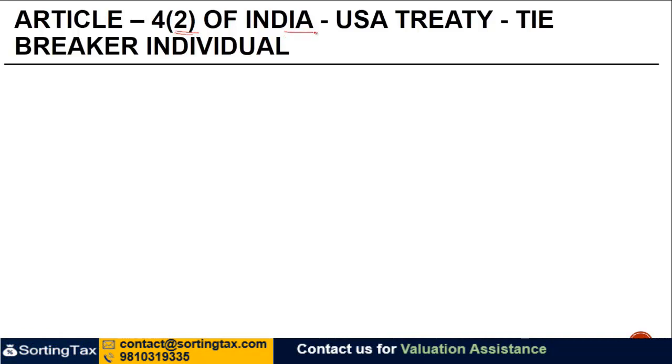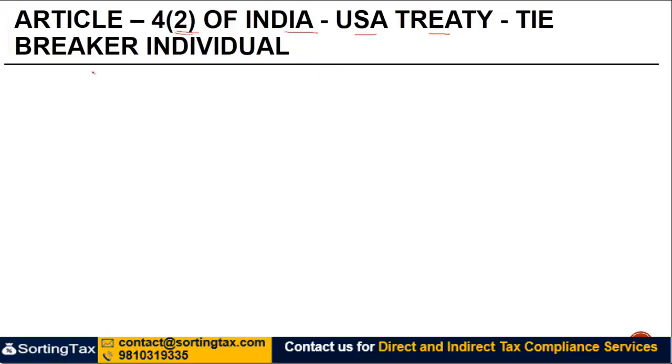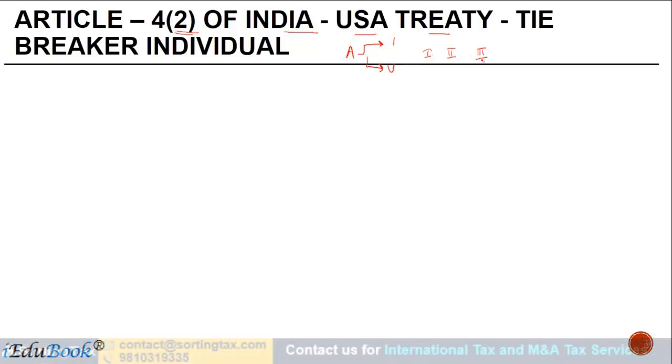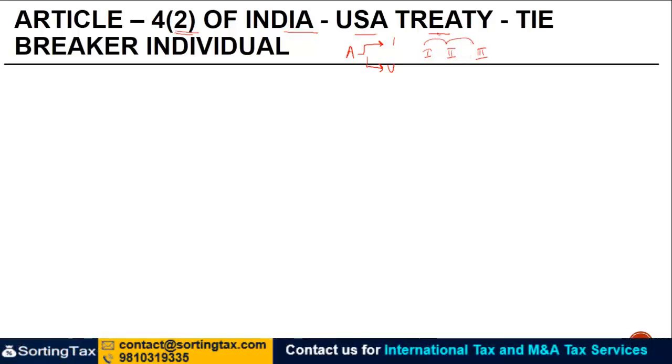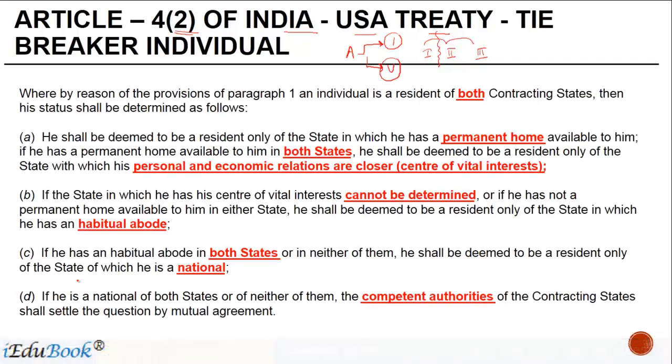For the purpose of our discussion, we are going to take the India-USA Treaty and see how the tiebreaker rule works. So a tiebreaker rule generally is a rule which says that in case a person, let me call this person A, becomes a tax resident of India and US, you have to apply various tests. These tests could be test 1, 2, 3, and so on, in a particular order to decide whether this person is a resident of India or a resident of US. Let us look at Article 4(2) dealing with the tiebreaker rule in case of an individual,